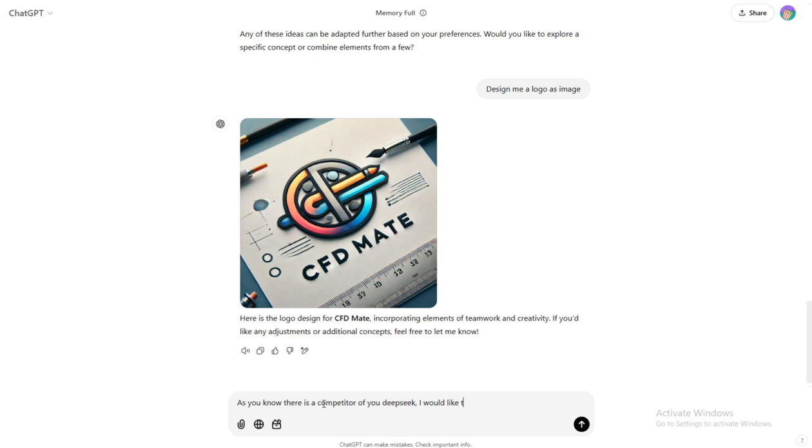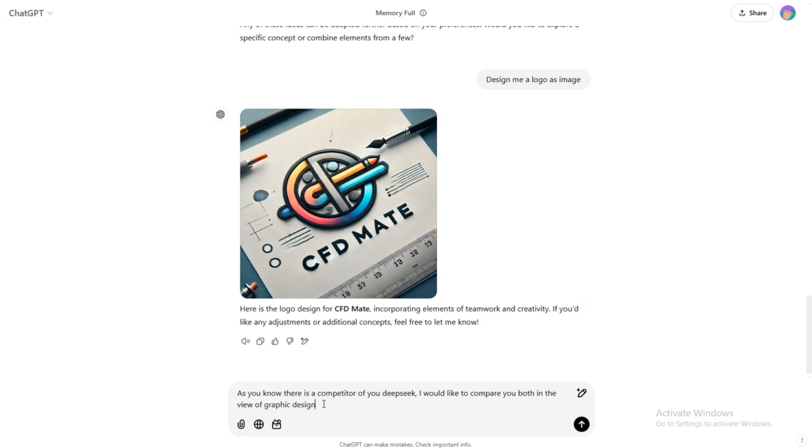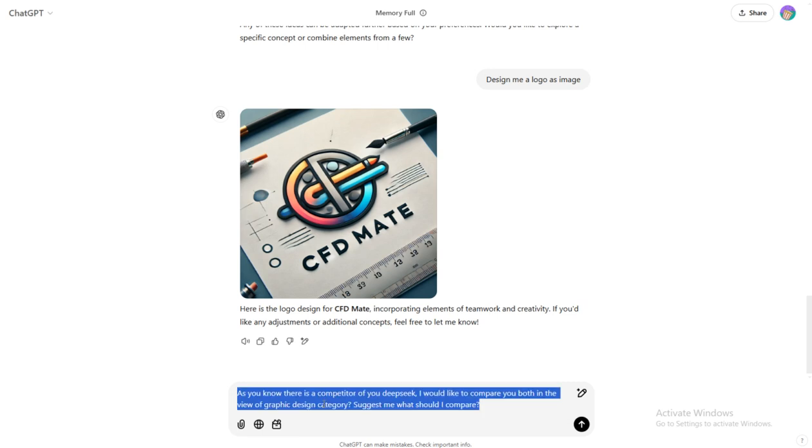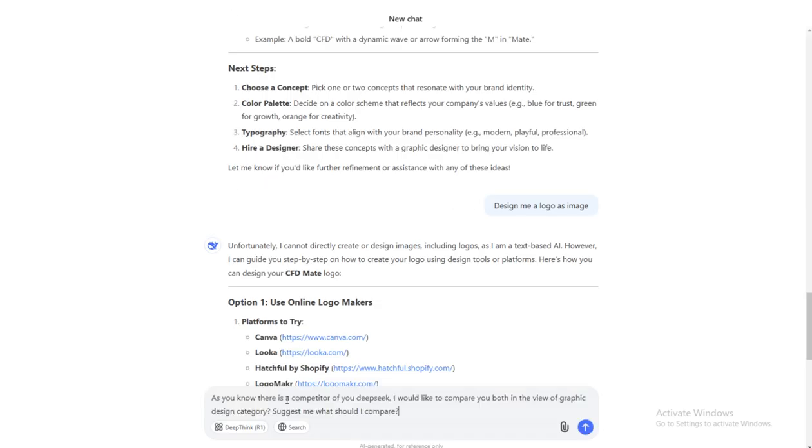I would like to compare you both in the view of the graphic design category. Suggest me what I should compare. I will use the same prompt for DeepSeek, but this time I will say ChatGPT.